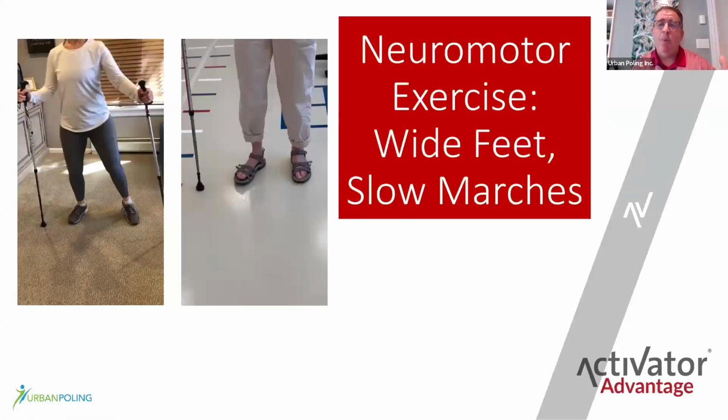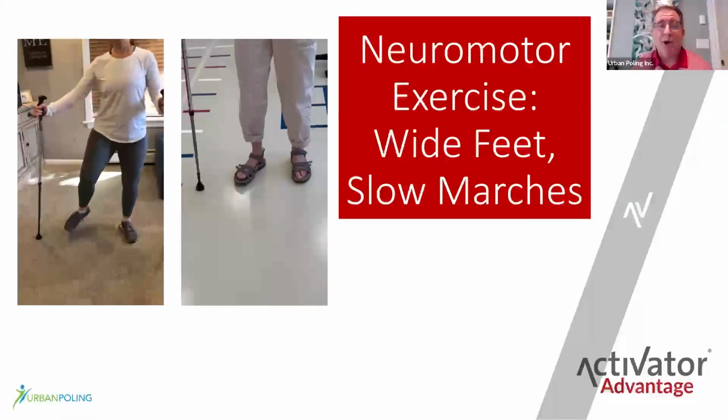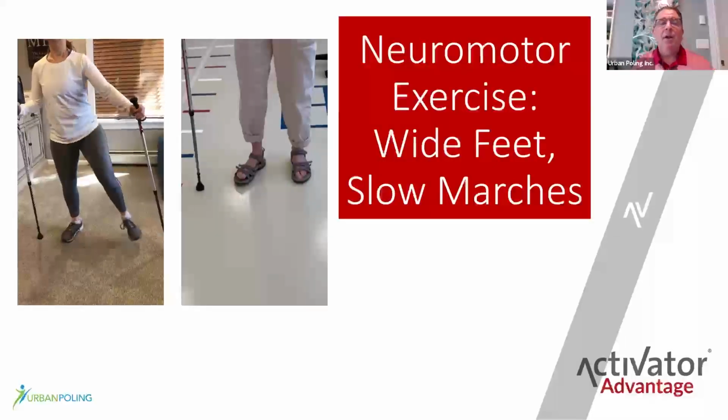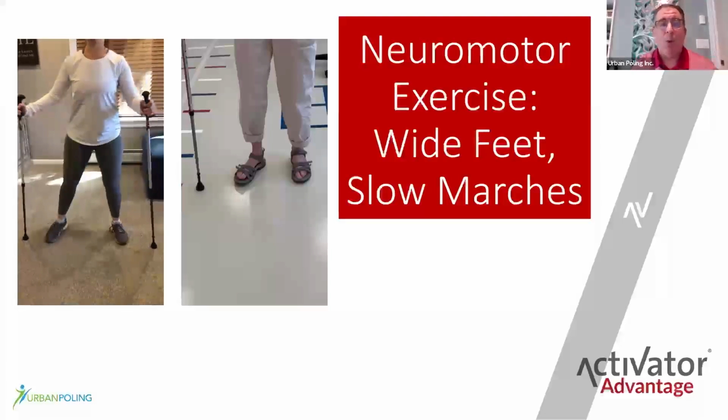This one is a little bit more advanced. It's side to side. And this is also very important for two reasons. One, if you lose your balance going sideways, you need the ability to catch yourself and return back to the starting position so you don't fall over or have your legs cross over. We don't want that. Another thing is when you're stepping while you're walking, you have to get off one foot to go onto another foot, and